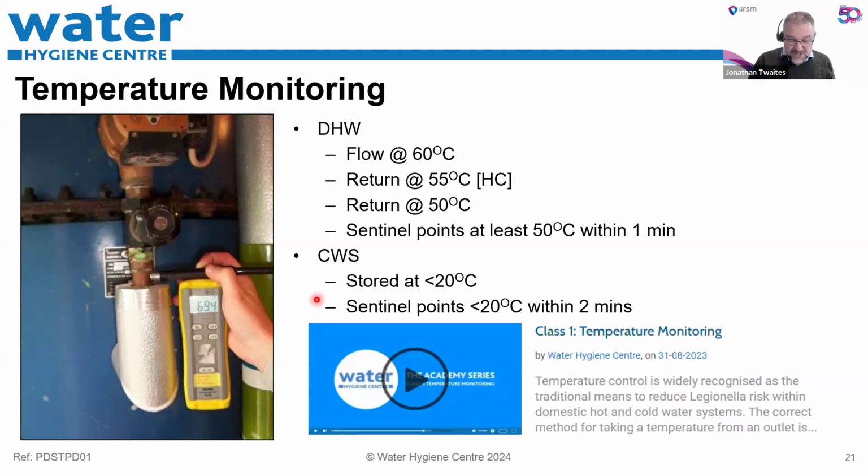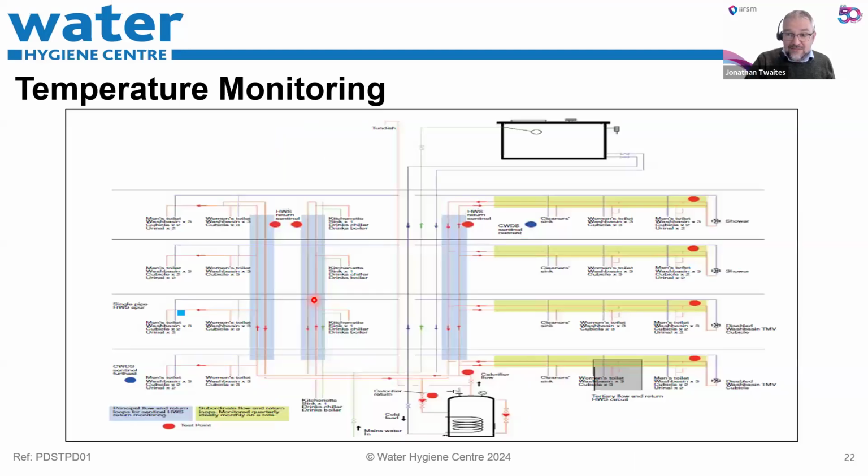Let's talk about sentinel points. Having schematics in place can help us identify our sentinel points in our water systems. This particular example's taken out of HSG 274. All I've done is used a fairly simple schematic drawing to identify the test points, the sentinel points, on this particular hot water system. We've got a flow and a return from a calorifier. We've got some returns on some principal loops, some returns on some subordinate